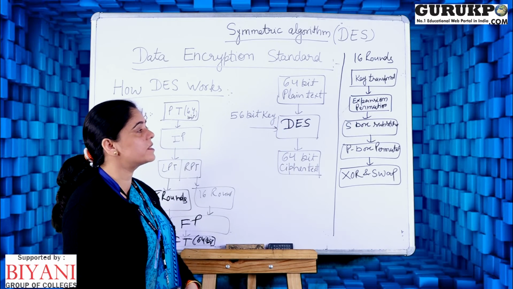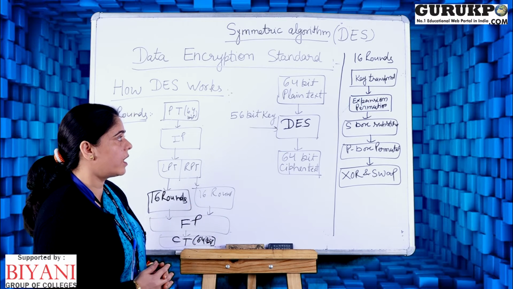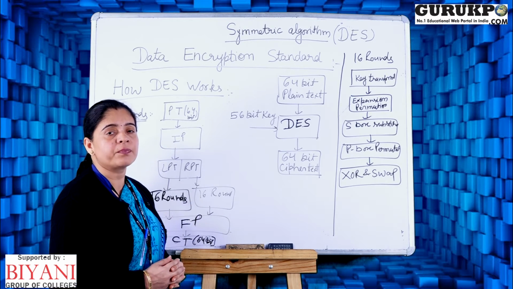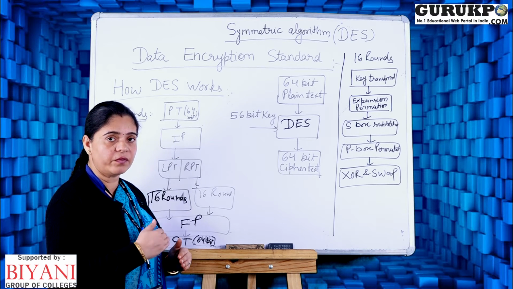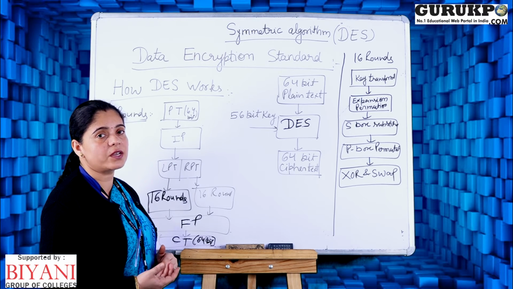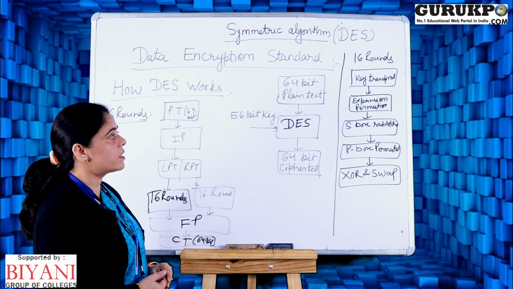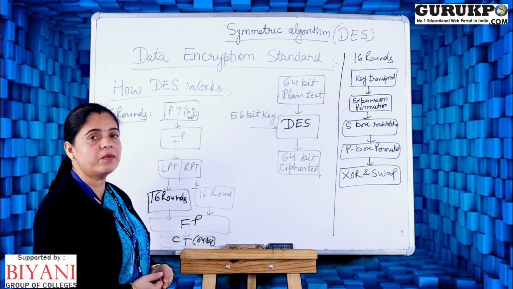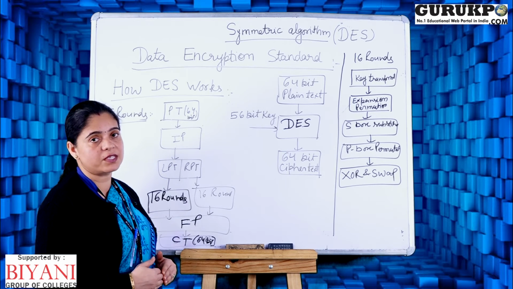So the first step is key transformation. In key transformation, as I have discussed already, initially the size of the key is 64 bits. Then every 8th bit of the key is discarded and the size of the key generated is a 56-bit key. Then we will do some more transformation on the key and generate a 48-bit key from the 56-bit key.